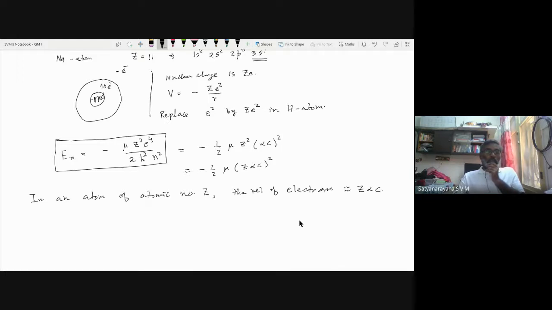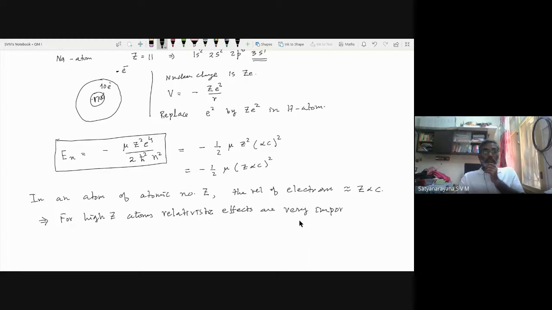Okay, so for high Z atoms, relativistic effects are very important,